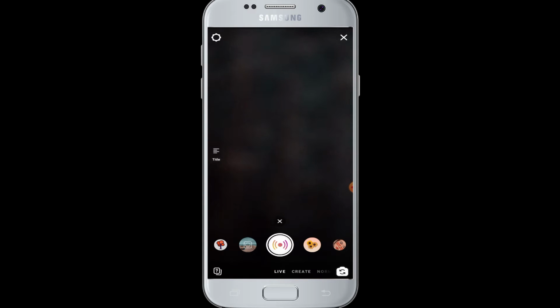the live button. Once you press the live button, it will start the live on Instagram and you will be live videoing on Instagram, and people who are following you on Instagram will be able to see you and watch you live on Instagram. And when you want to end your live session on Instagram, you again tap on the button and your live Instagram will be stopped. Therefore, in this way you can easily go live on Instagram and interact with your followers